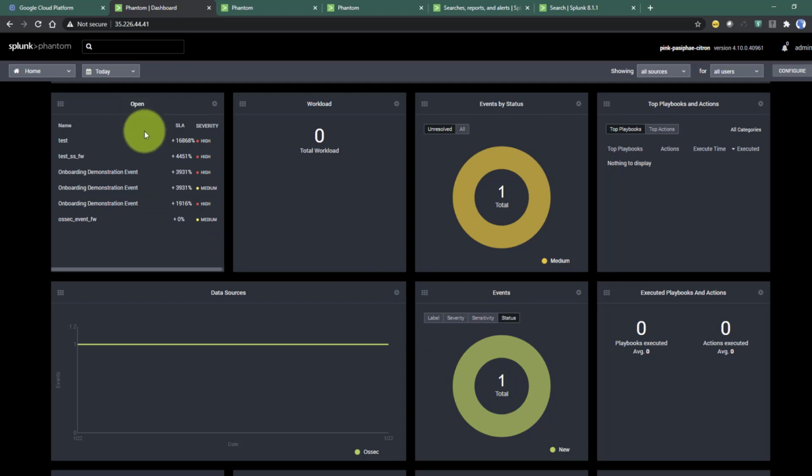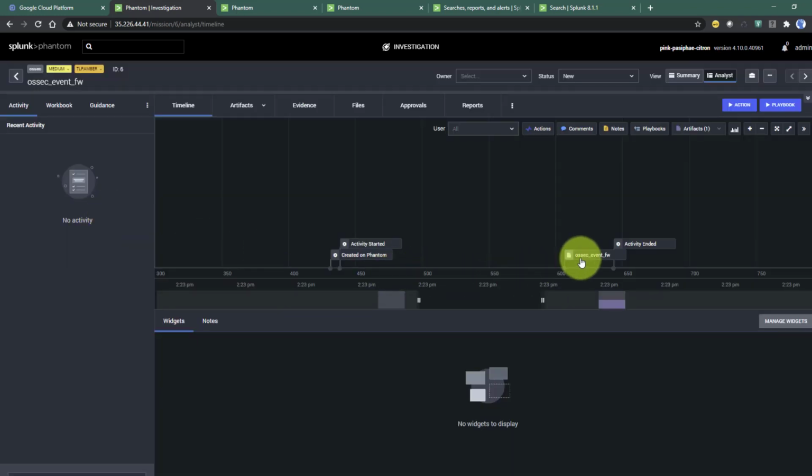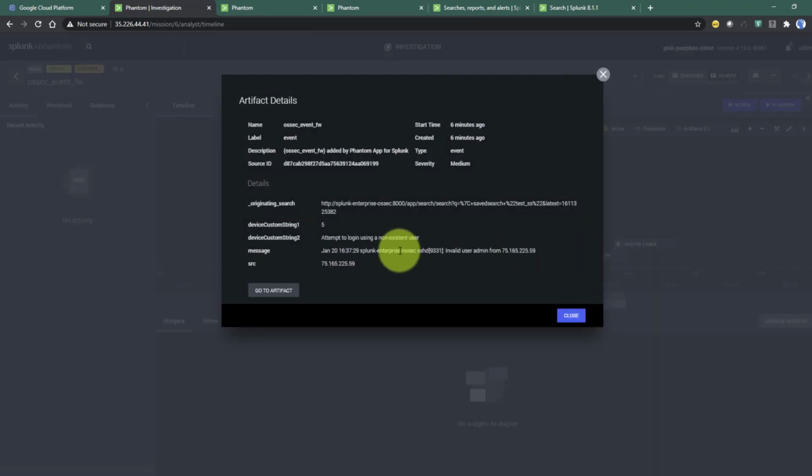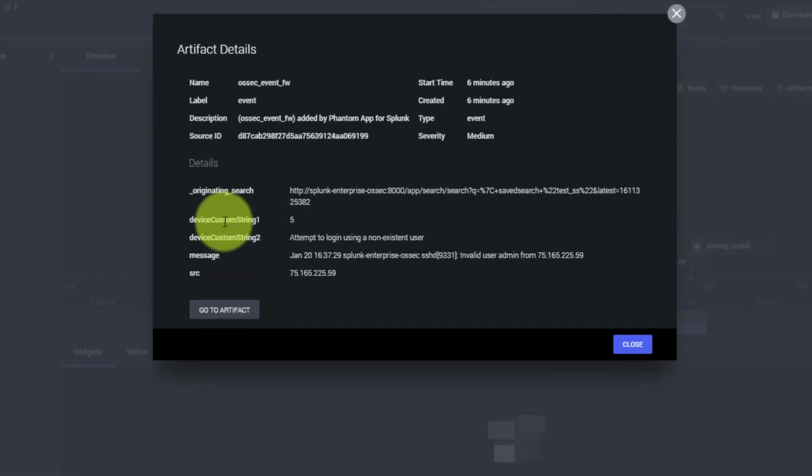Okay, and the same information, like we have given this particular name over here, OSSEC event forward, right? So that name is coming up over here, and if you click it, it shows what time we received this particular event. And if I click on this particular event, you will see all those fields which we have defined in our Phantom add-on, in that field mapping page, shown up over here.